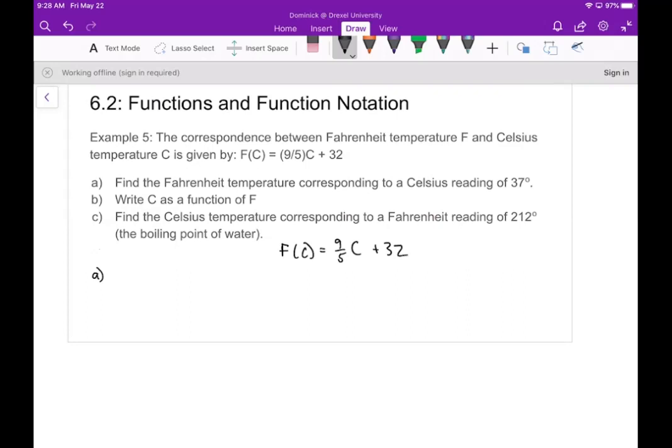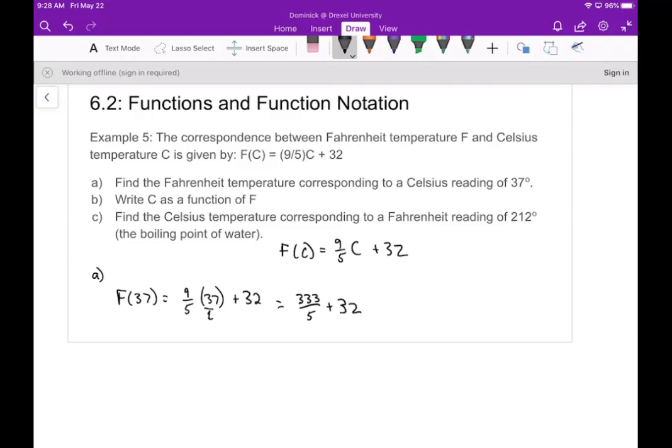Right? So we need to find F of 37, and that will give us Fahrenheit. So we would have 9/5 times 37 plus 32. If we think of 37 as 37/1, then we get 9 times 37, which let me do on the side here, 3 times 9 times 37 will give us 333/5 plus 32,